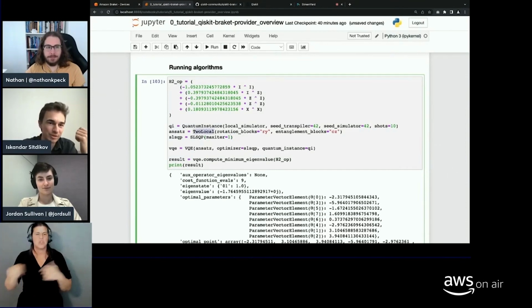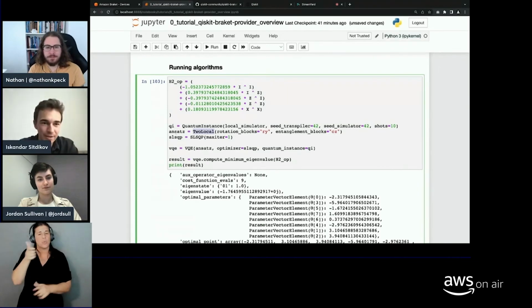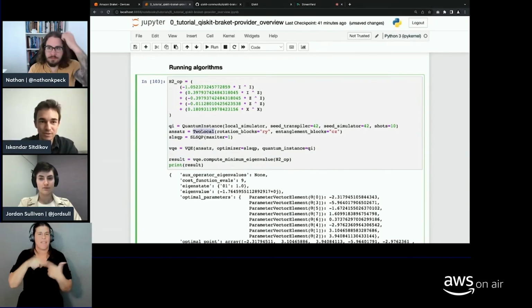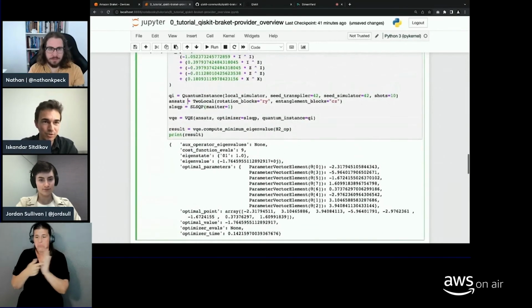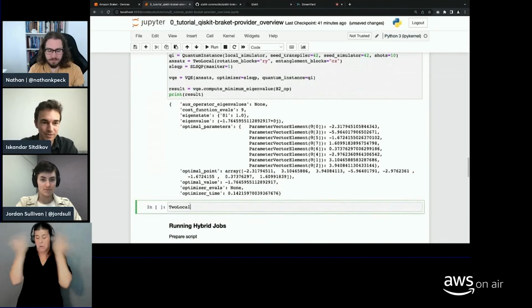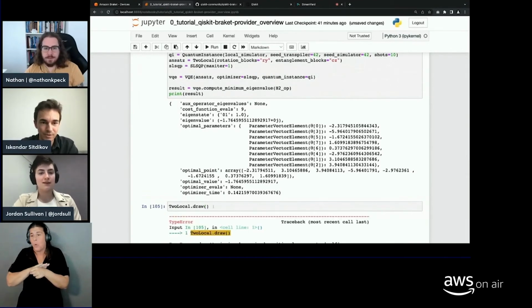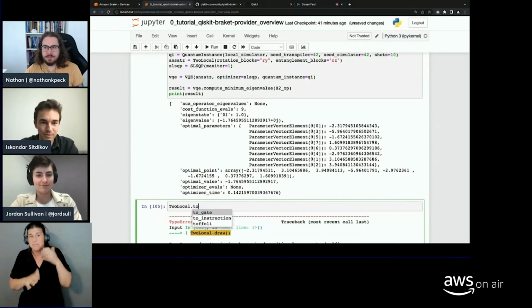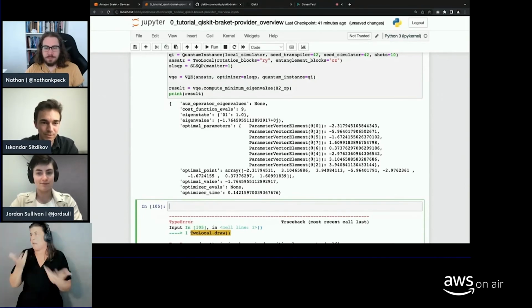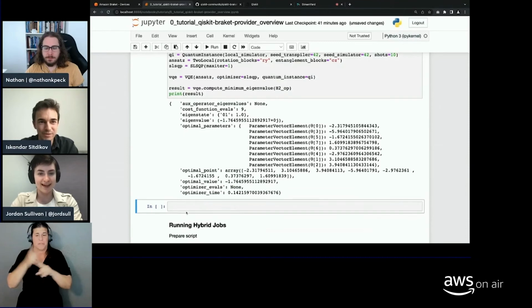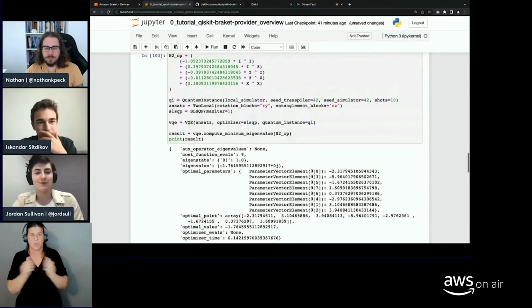So this is what toLocal is. This toLocal is, again, as I was saying, we have the circuit library. This is one of the built-in circuits. You can look at them if you want. Maybe I can show it. I don't know. Okay, let me skip this part. Yeah, that's cool. We can just move on.